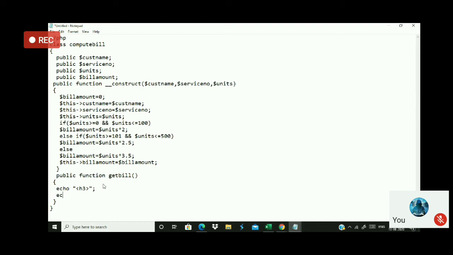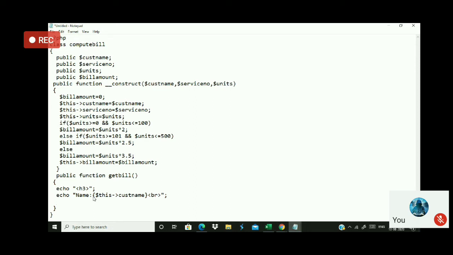Then I print the name, which should consist of the customer name, stored in this hyphen cust name. I use a BR tag, which means it will come to the next line.